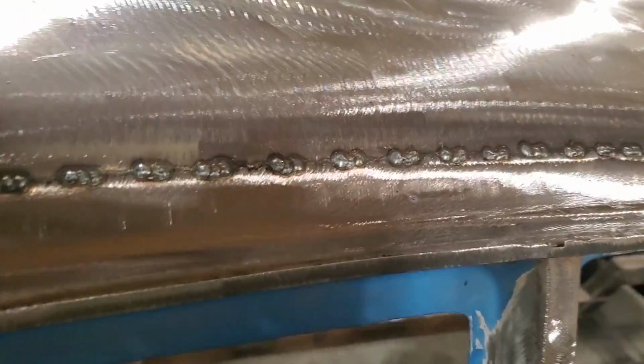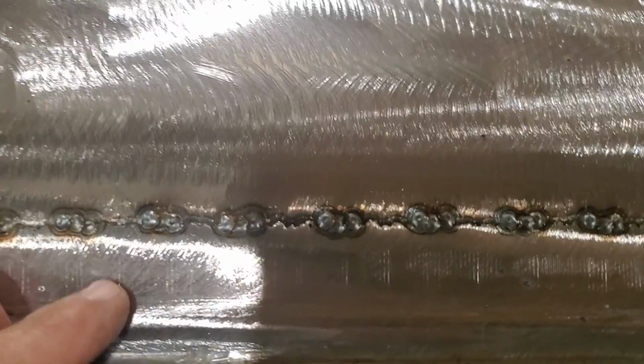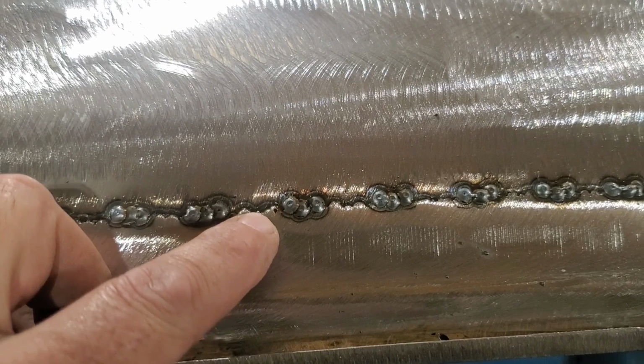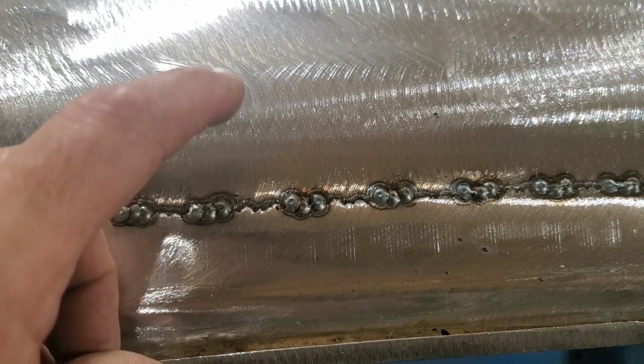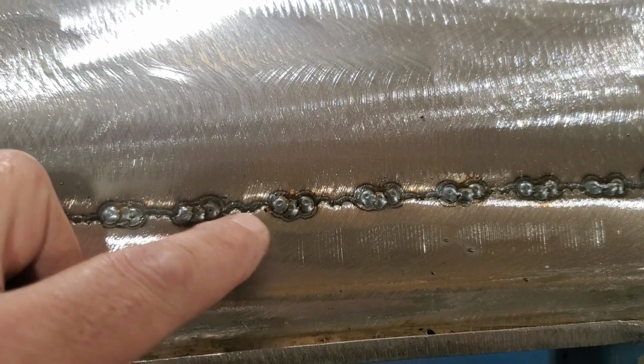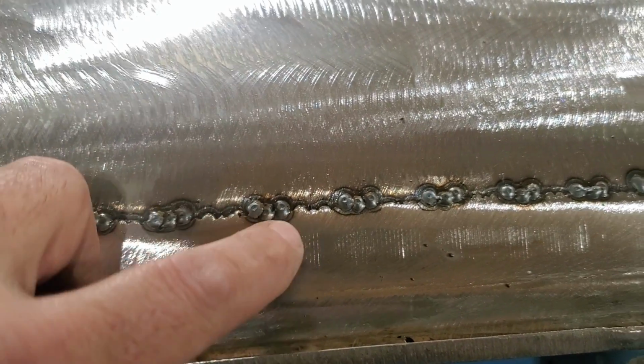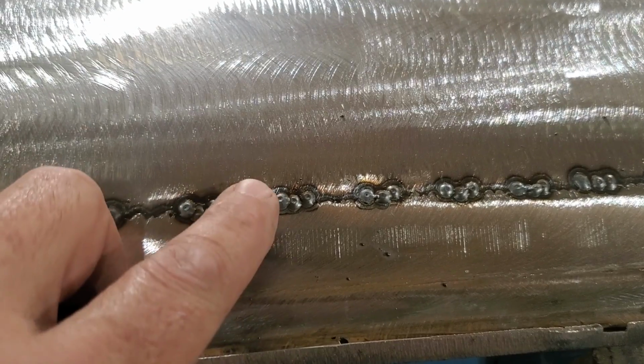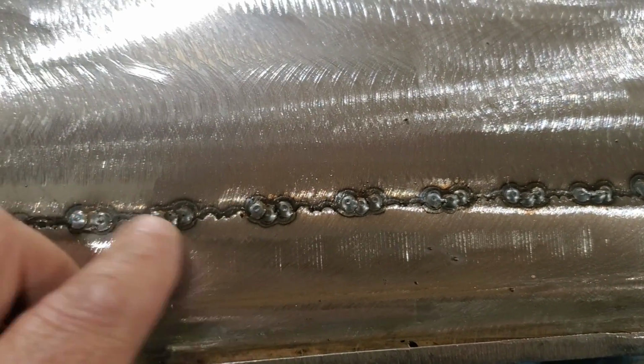I talked about going back and re-welding again. I want to show you exactly what I'm doing. If you look here, you can actually see this is the original weld, okay? And there's the edge of the weld. What I'm doing is I'm welding on this side of the weld. I'm welding next to it, okay? I'm not welding on it or anything like that. I'm welding right next to the weld. I'm filling up that little tiny divot end that's right there is all I'm doing